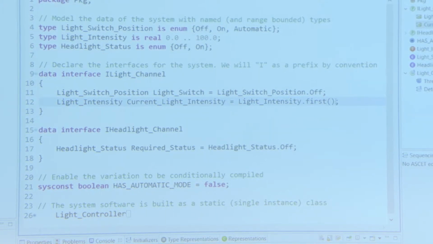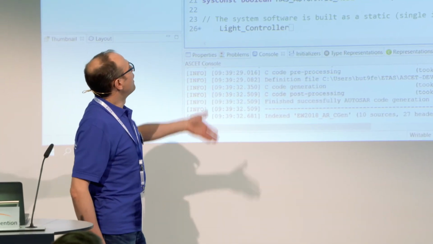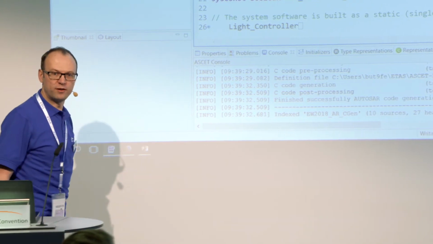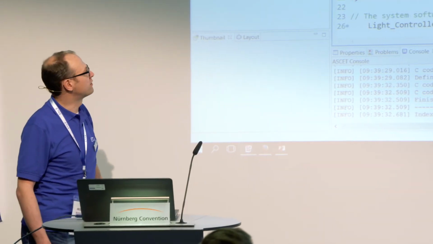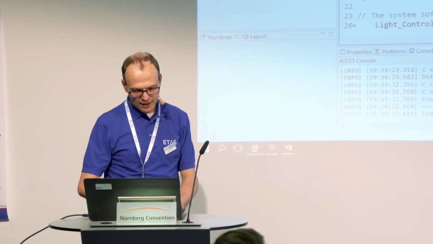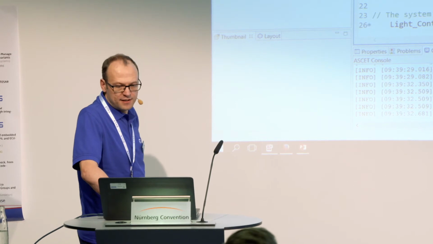If I define that, for example, like a Swedish car, the lights might be on all the time, going from 10 to 100, I don't need to work out that I'm pulling value 10 rather than value 0 out of there. I can just say, give me the first value of the range. And then I've got the headlight channel where I'm going to read that status and set the default value.